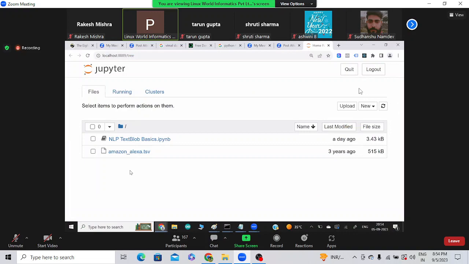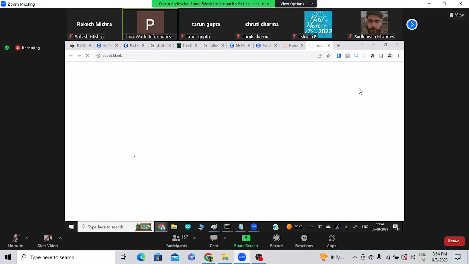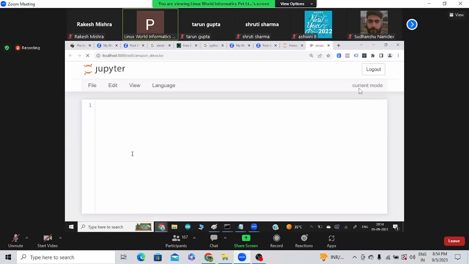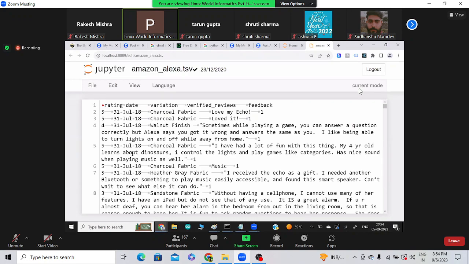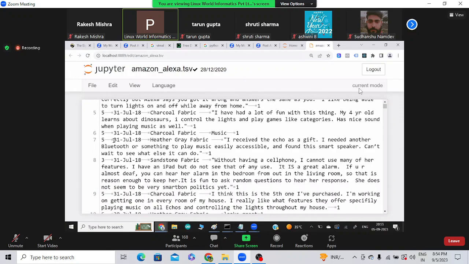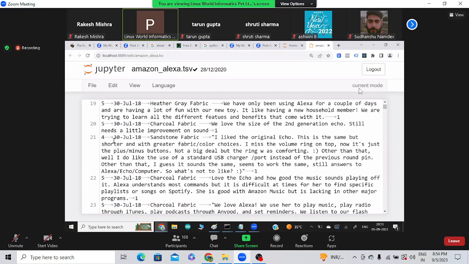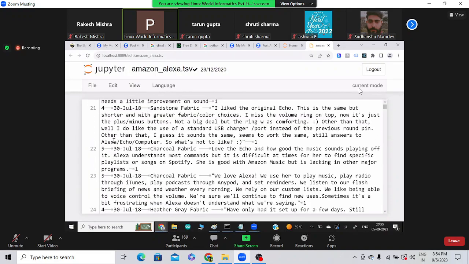So let's start with today's topic. So we are going to use this particular data set to do something. What we are going to do, let me explain to you step by step, right? So this is one of the data sets about Alexa. If you try to open this data set, it looks more like this. This data set contains lots of fields, field 1, field 2, field 3. Right now, by looking at the data set from here, it might not look very clean.